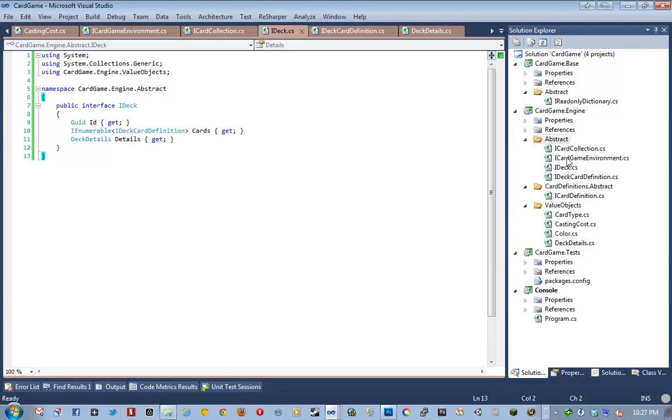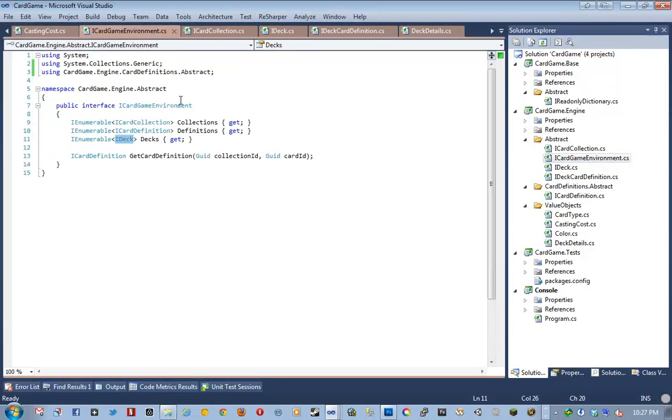Because I don't want to restrict the environment to be only loading from one particular means. Not only that, I don't want the implementation of ICardGameEnvironment